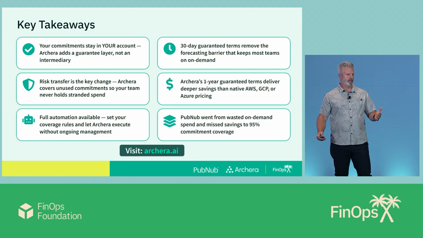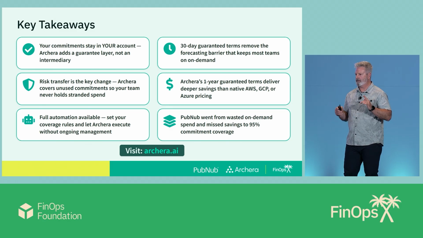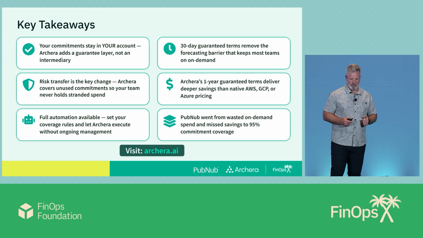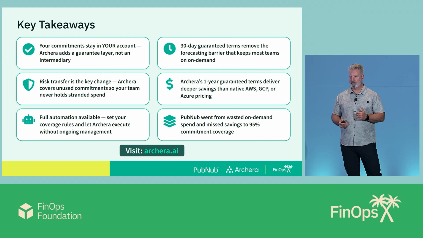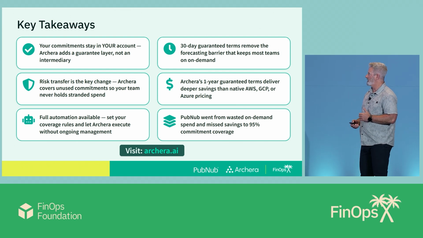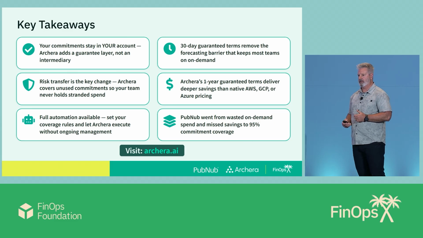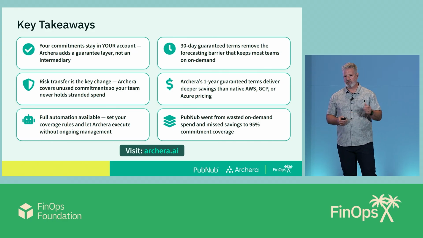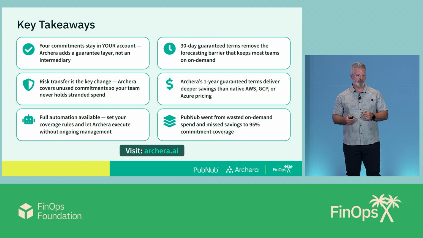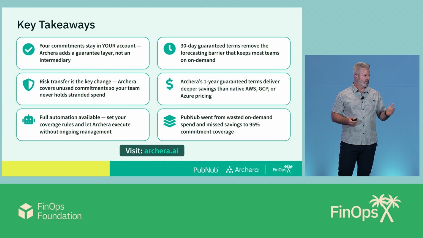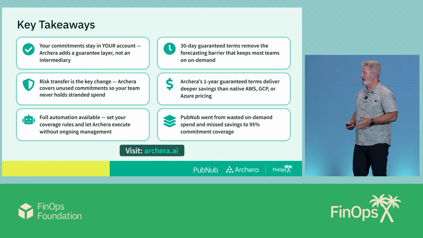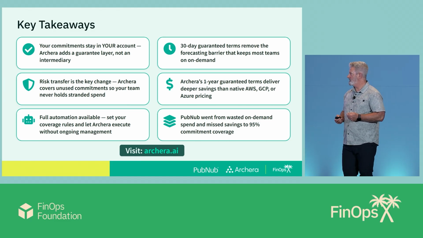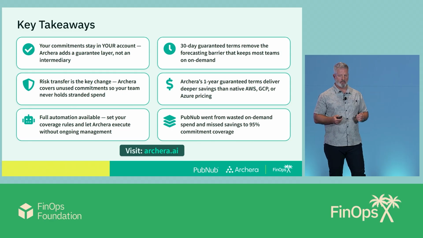So, it comes back to a few key takeaways for us. When I think about that triangle of pain that I discussed earlier, on one hand, we had this high demand, the nature of our service, the shifting customer demand. We were able to solve that with shorter term commits, offloading the commitment with our partner, Archera. We were able to solve that other prong of the triangle of pain with tools such as bringing up visibility of where we could commit, where we could find additional savings. The risk transfer was moved off of us onto our partner.